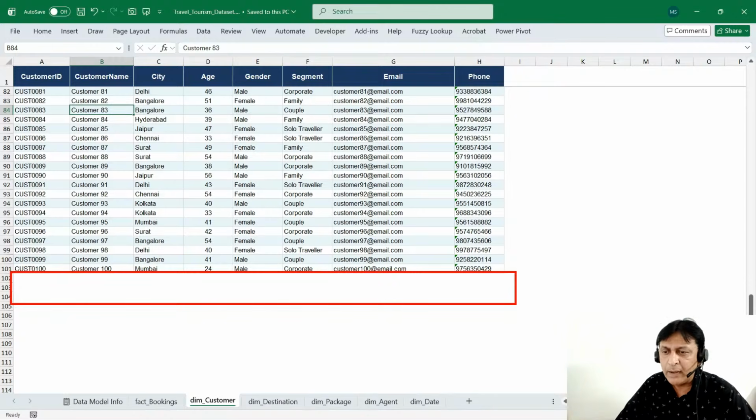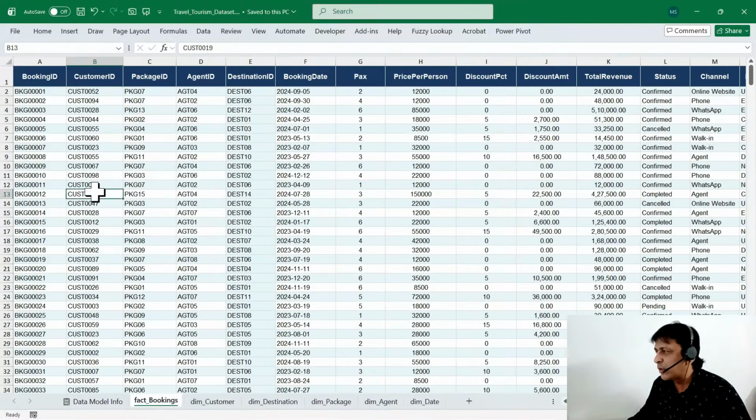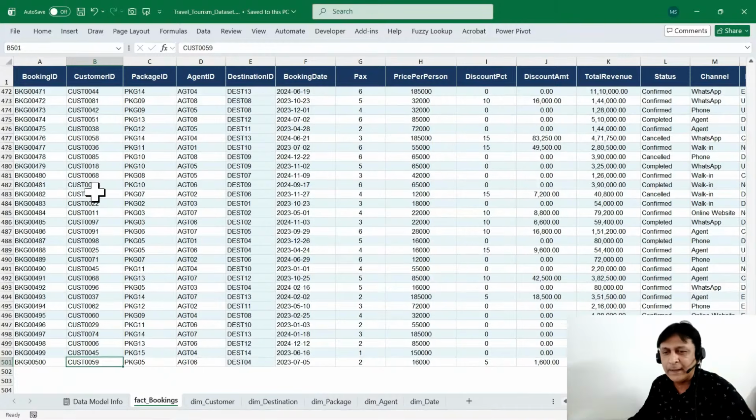यहाँ पे जो एंट्री आएंगी वो कब आएगी, जब हमारे पास में कोई नया कस्टमर आएगा फर्स्ट टाइम, ठीक है। बात समझ में आ रही है, जब फर्स्ट टाइम हमारे पास में कोई नया कस्टमर आएगा तब हम इसे यहाँ पे अपडेट करेंगे। अब यही कस्टमर हमारे पास में कुछ आके बुकिंग करता है, हम इसकी इन्फॉर्मेशन यहाँ पे ले रहे हैं, ठीक है। व्हेन न्यू कस्टमर विल कम, बिल्कुल सही।